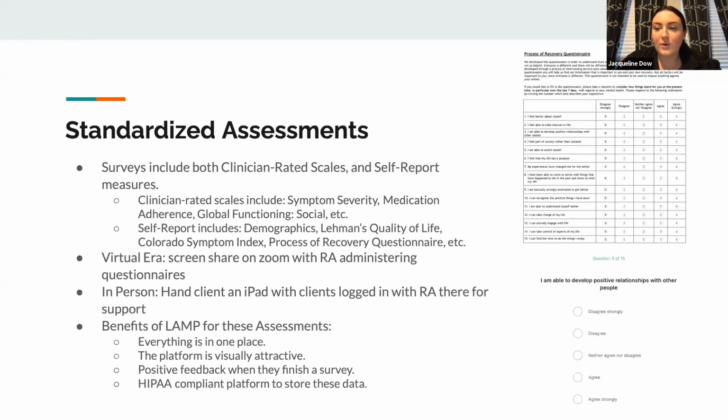So Peter and I both work directly with patients in completing their standardized assessments. The surveys can include clinician-rated scales and self-report measures. Our clinicians complete some surveys and our patients complete some of the other ones. The clinician ones include symptom severity, questions about medication adherence, global functioning scales, and many more. And some of our self-report questionnaires include demographics, the layman's quality of life, Colorado Symptom Index, and the process of